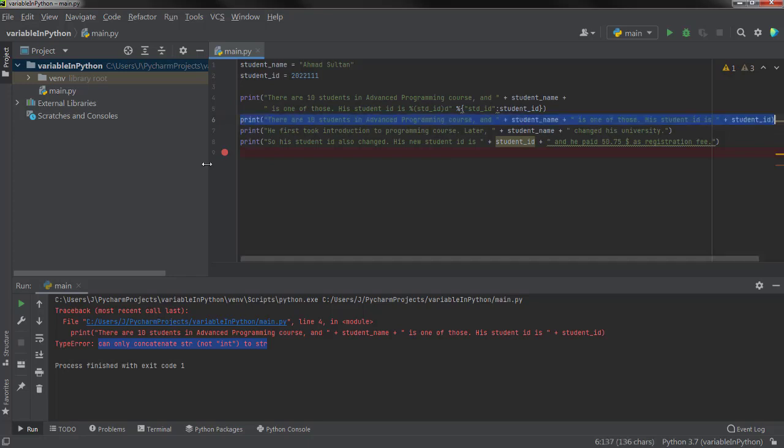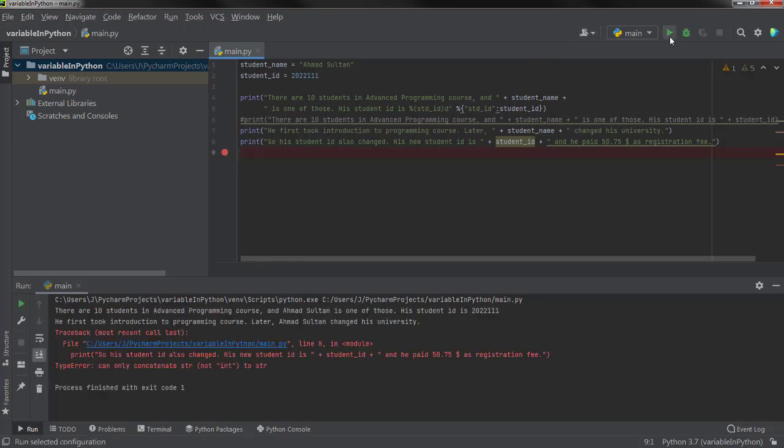Okay, so let me just comment this line. Now if we run the program, what's the issue? Line number 8. I forgot to comment this line because it is also concatenating an integer with the string. So I just commented this line.